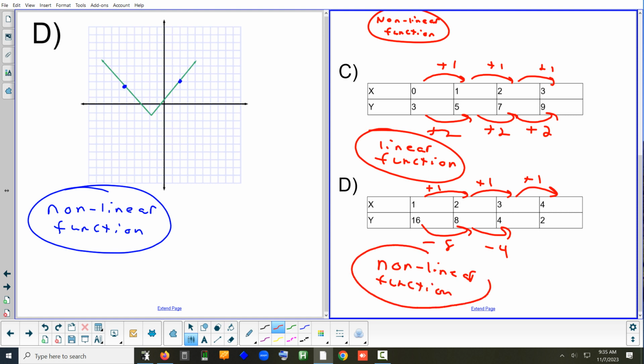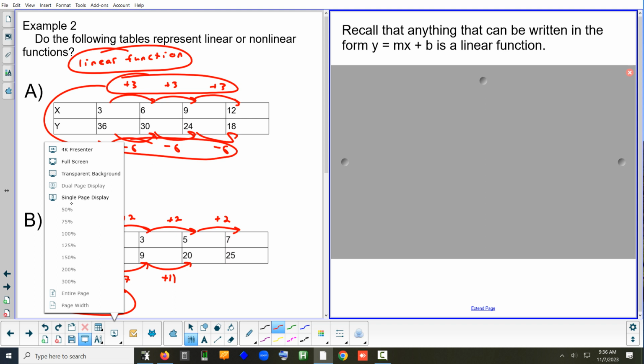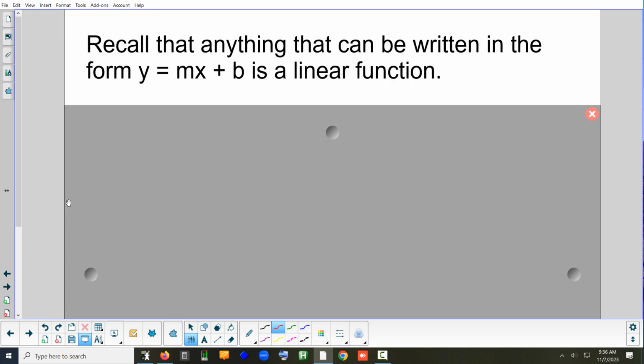Okay, so any questions on figuring out if something is a linear or a nonlinear function by looking at a picture or looking at a table? Okay, so the last thing is going to be looking at a formula. The only kind of formula that is linear is if it looks like that, or it can be made to look like that. For example,